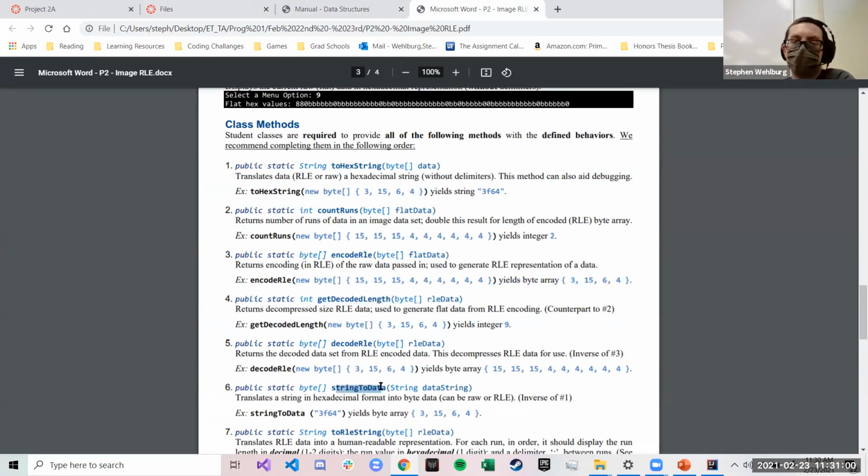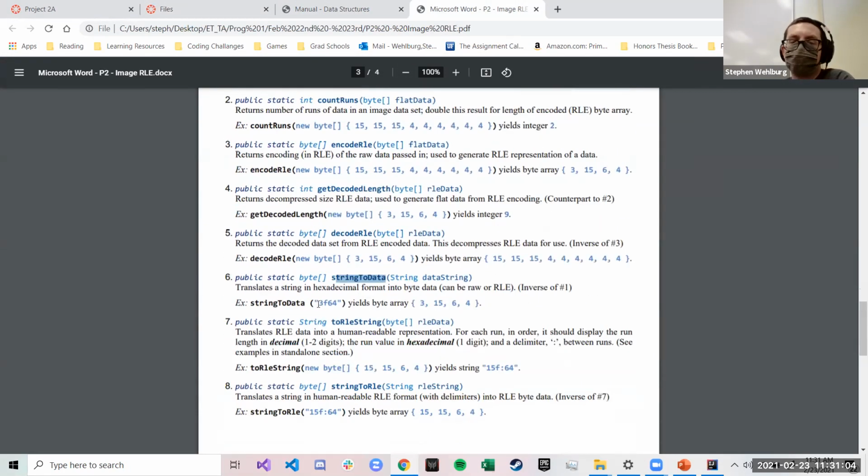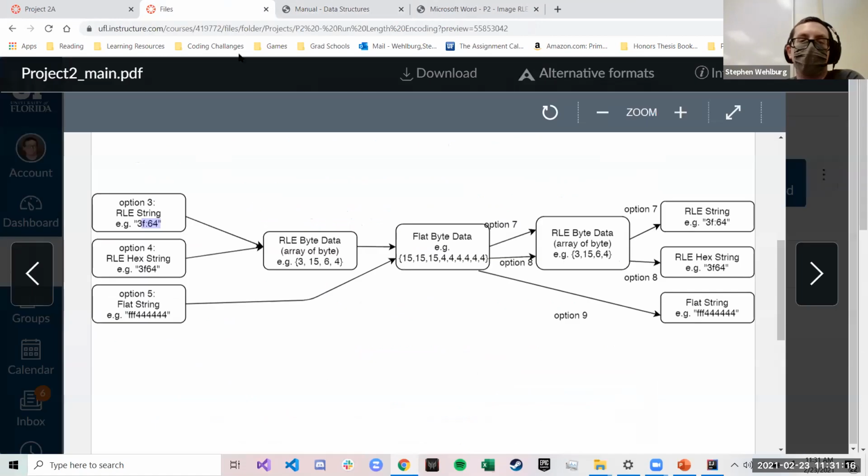The string to data function turns the string into a byte array. Just flat out, whatever string you're given, turn it into a byte array. No semicolons, just straight up 3. So 3 is 3, F is 15, 6, 4, just one after another. And then from there, if you're given a flat string, you want to end up with flat byte data. So that's perfect. But if you're given an RLE hex string or an RLE string,